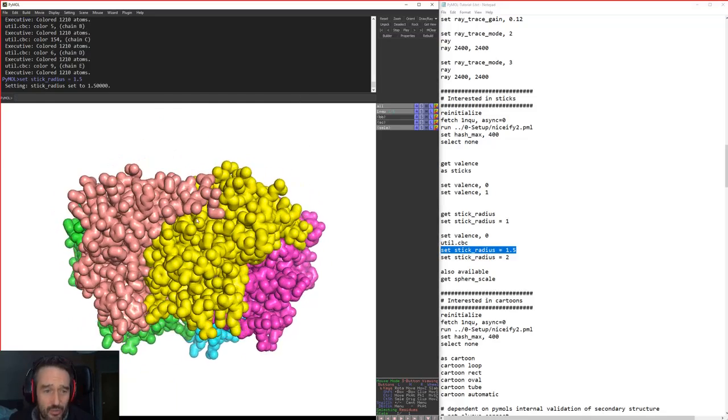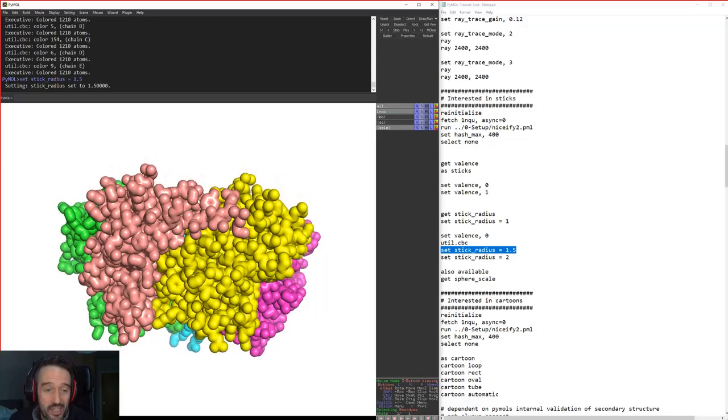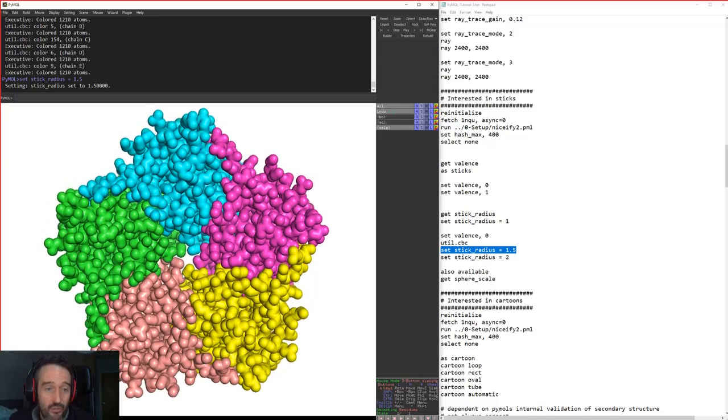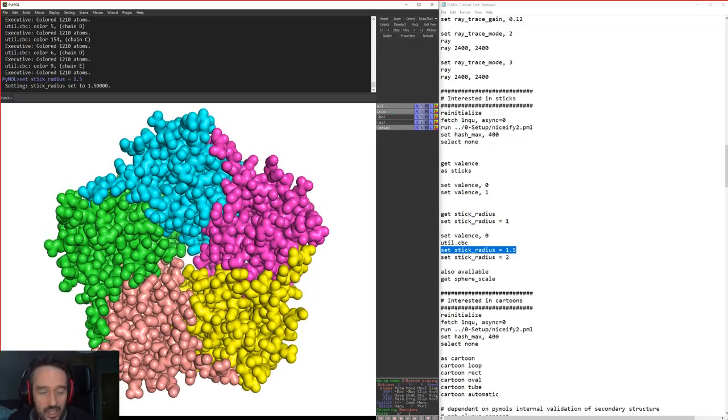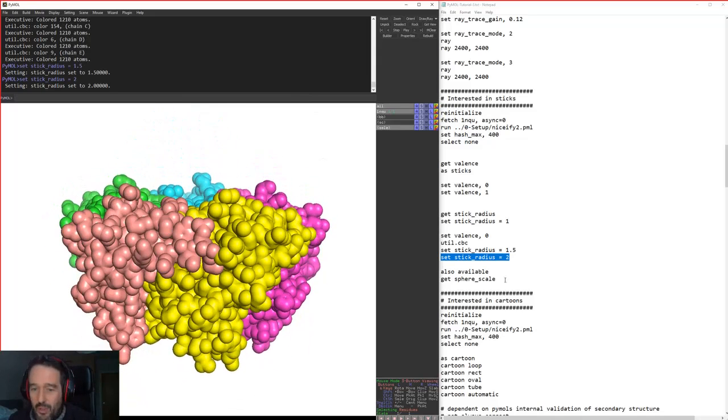It's a different kind of stylized view of your molecule, where maybe it's easier to see certain features of your protein than in the more complicated views. And obviously you can set your stick radius to whatever you want, make it a bit chunkier if you feel that way. You can of course set your sphere scale as well. So if you like to look at your protein in the sphere view, yep, you can change the sphere radius.